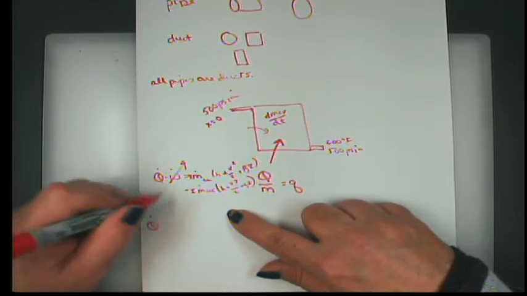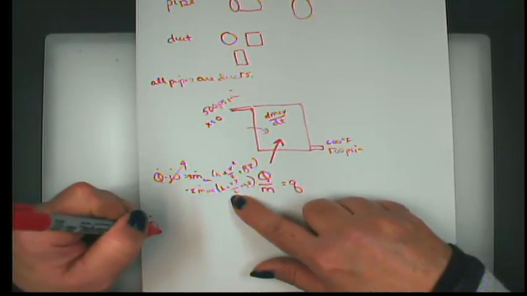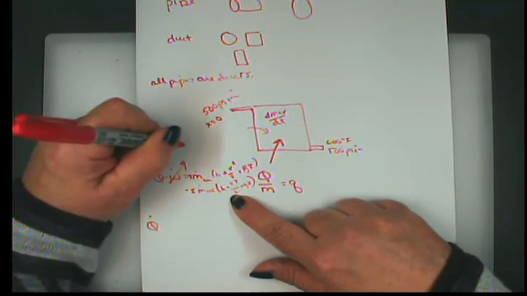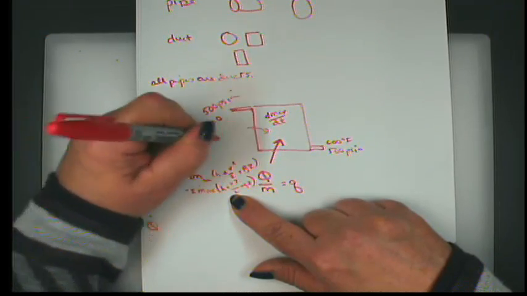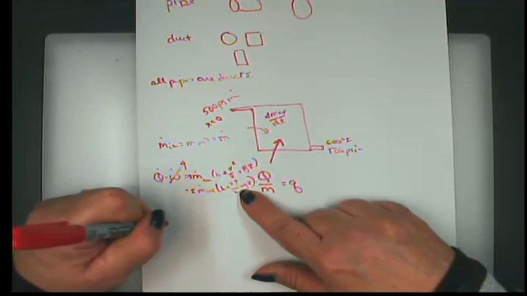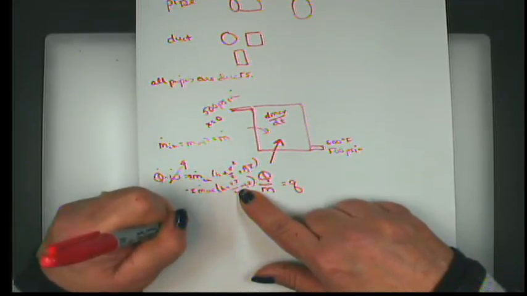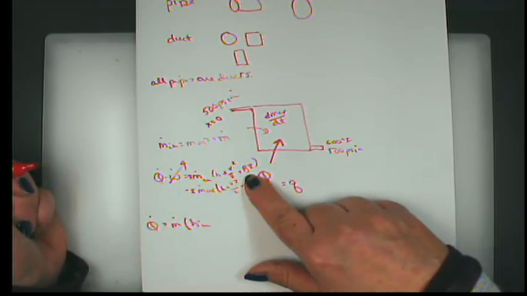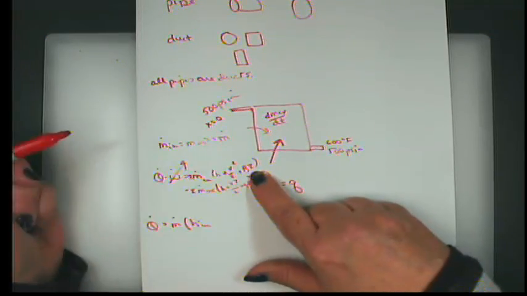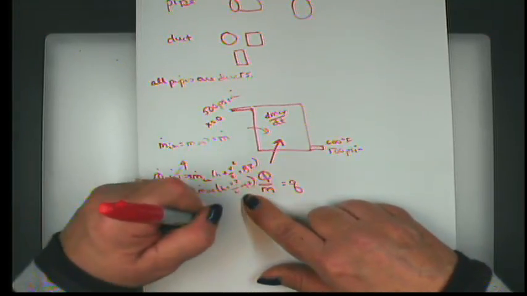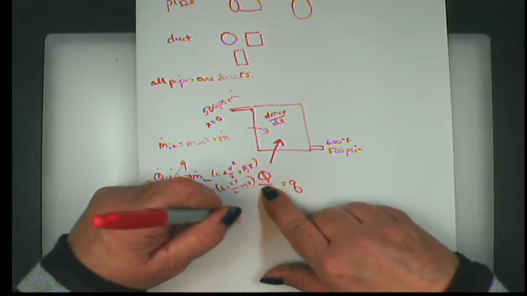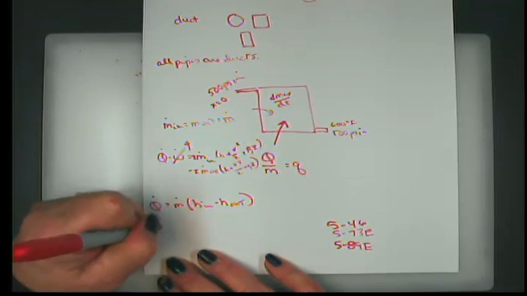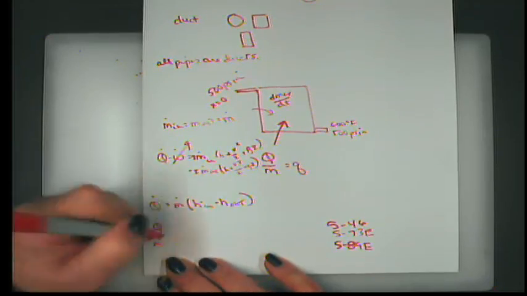So we have Q dot, a single inlet and a single outlet, and the mass flow rate in then has to equal the mass flow rate out. So those are both just equal to m dot. So we get m dot times h in, because velocity and potential are not a big deal, minus h out. We have Q dot here, we do not know m dot. If we take Q dot and divide it by m dot,